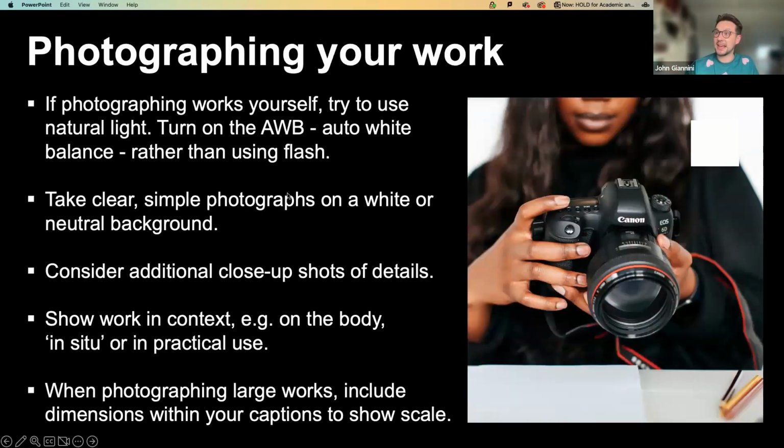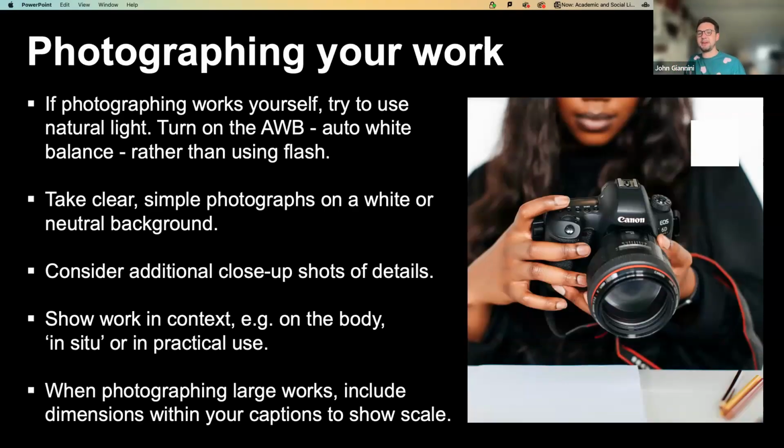Now, coming back a little bit to the outcomes, photographing your work is so important. And the number of portfolios that I feel like we've seen that have the most remarkable research and development stages, and then they're kind of botched in the outcome because the photography just isn't thought about clearly enough. Now, we're definitely not saying that a student needs to have a professional photography style piece of work, because that's probably extortionate cost and not worth it.